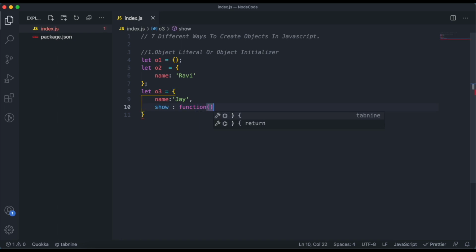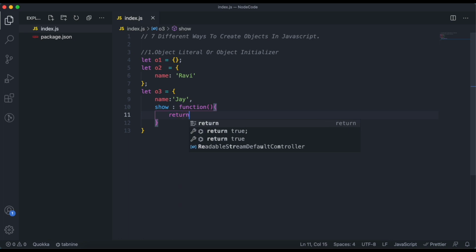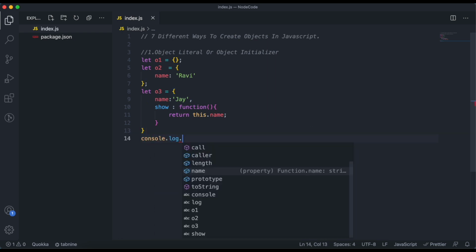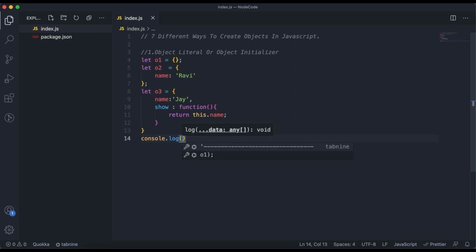This method will return the name, this.name. Now this is the simplest way to create an object. As you can see, this is an empty object. This is one object which has one property, and this is the third object with one property and then one method.